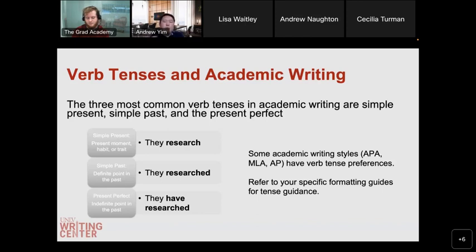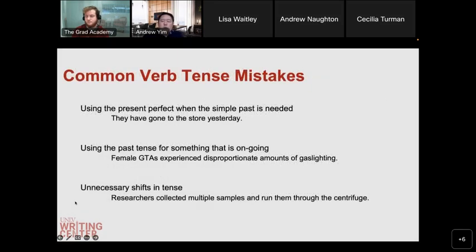So there's a lot more verb tenses out there. I know there's about 6 common ones, but generally simple present, simple past, and present perfect. These are the 3 you'll come across a lot in your academic career. So in addition, some things we have to keep in mind is regarding these common verb tense mistakes. So what we're going to do is, again, just do a quick checkup. So for the first thing here is,